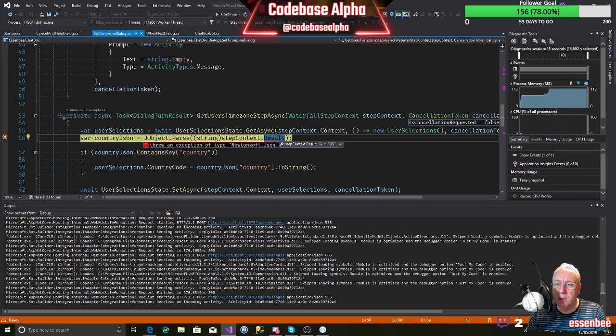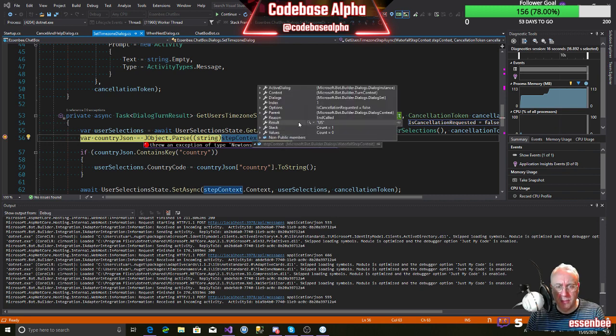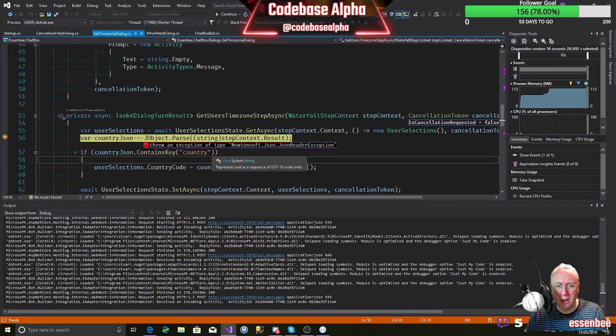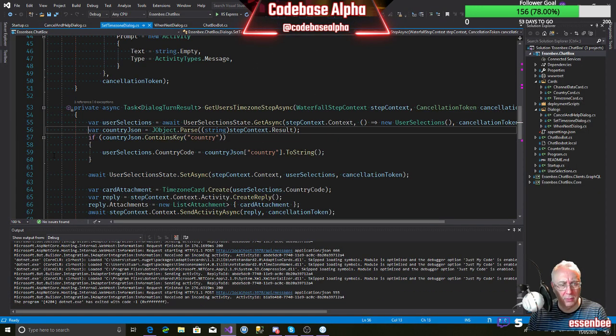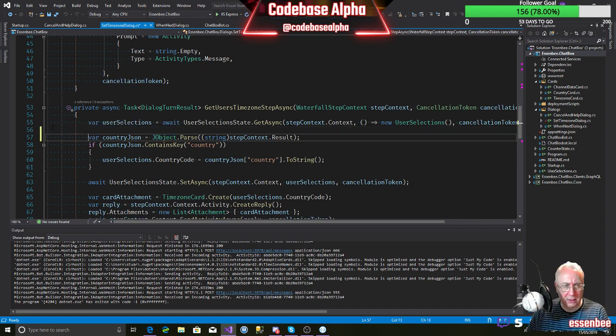So what we could do is make sure that we actually got some JSON coming back, so that the string here, which we're going to cast, is actually going to be JSON. Now we're also doing a cast, and it could be that this result here, so if we hover over here and we see what result is, currently it's a string, but it's actually an object. So we need to make sure we do a safe cast first as well. So let's tackle those problems. So the first thing we need to do is to make sure we actually are going to be able to do a cast. So let's just do that.